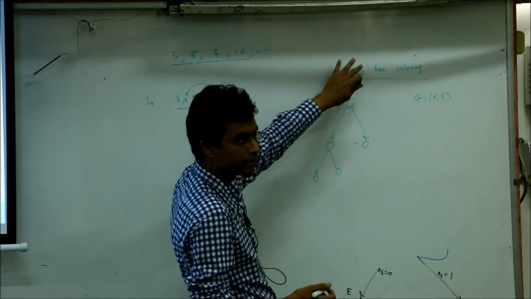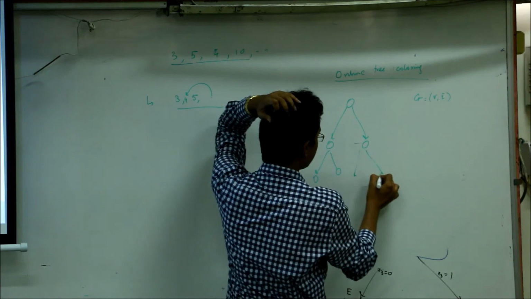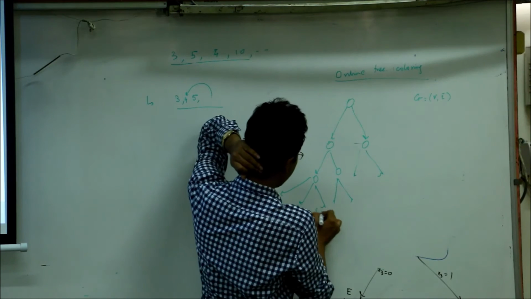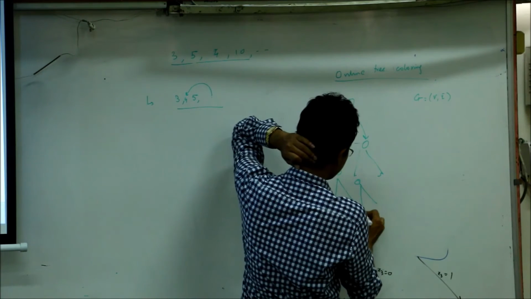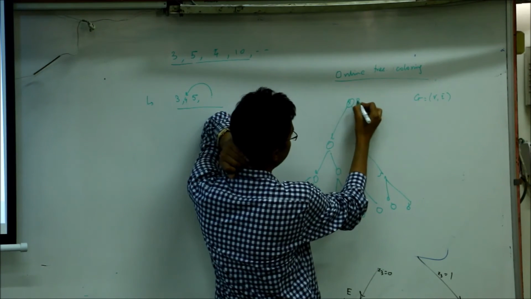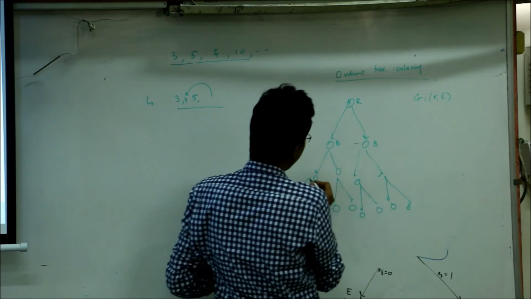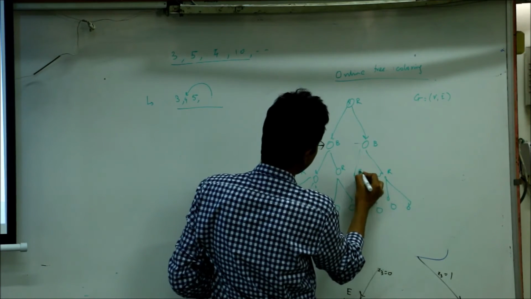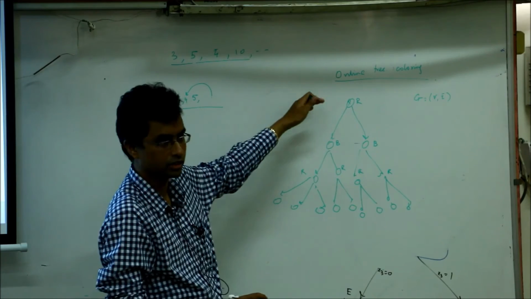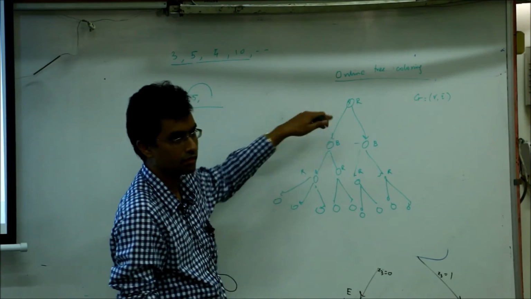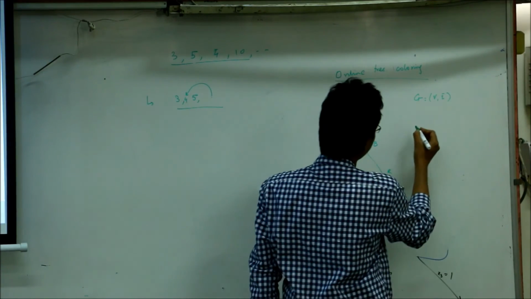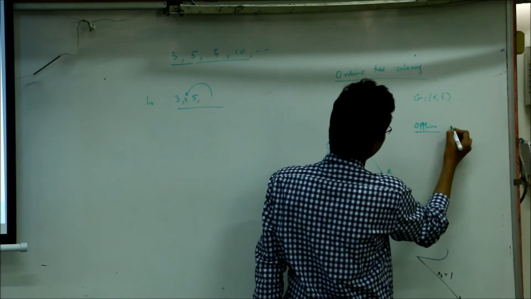So just consider the tree. Any tree you can color using 2 colors, because you can arrange the tree like a binary tree or whatever be the case, and you can use maybe 2 colors, maybe red and blue. You use the color red here, the color blue here, and maybe red here and so on. So any tree can be colored using 2 colors in the offline version, which is very obvious from the picture: you find the height of the tree, and for the odd heights you give one color, for the even heights you give another color. So for tree coloring in the offline version, you can color it using 2 colors.